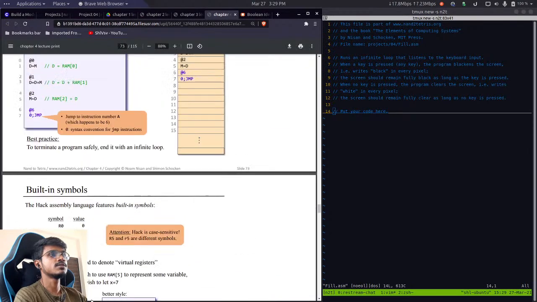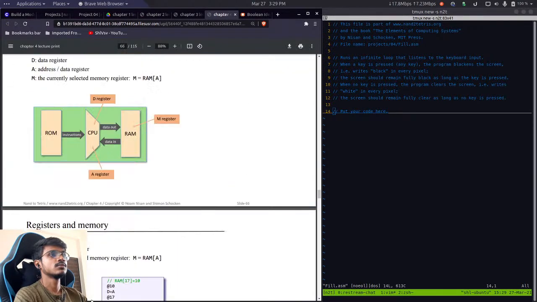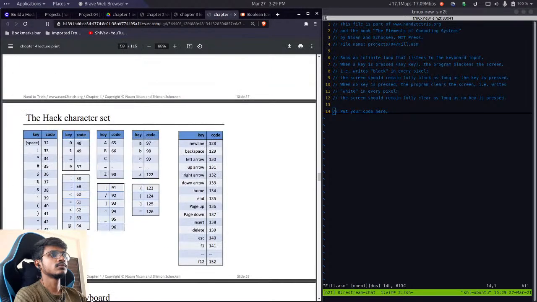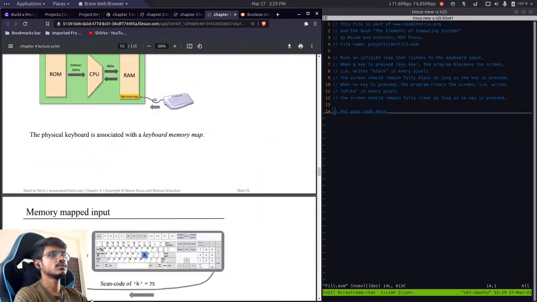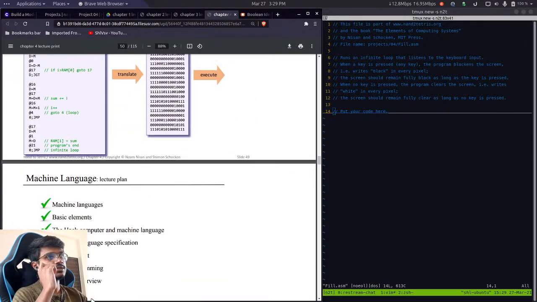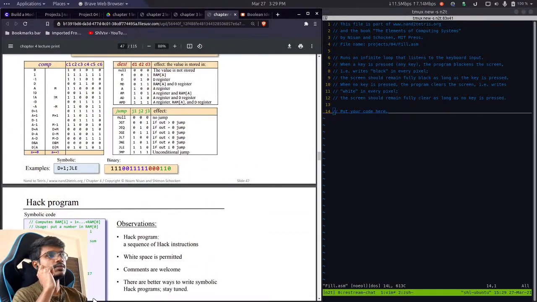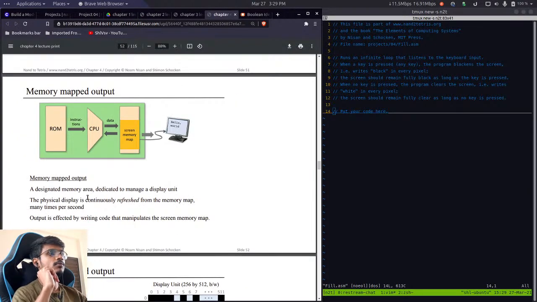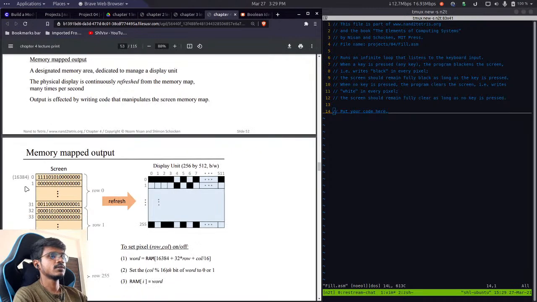Variables, branching, it's over here. Memory mapped output starts from, let's see, program, machine language, input output, memory mapped output. So it starts from this base address 16,384 in our Hack computer, and this first register, which is specified by